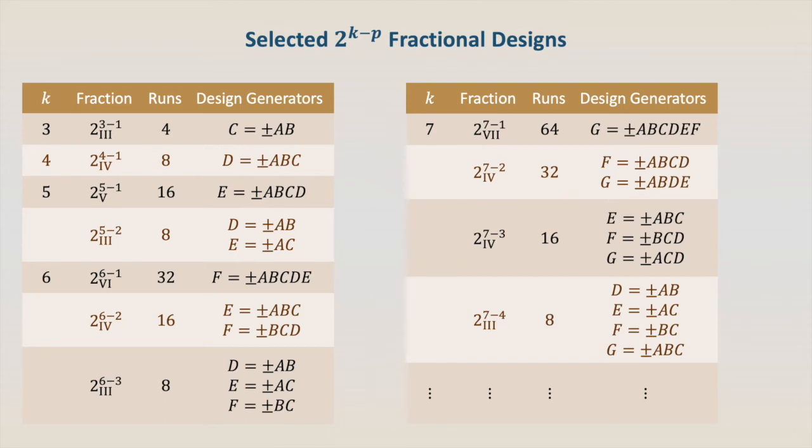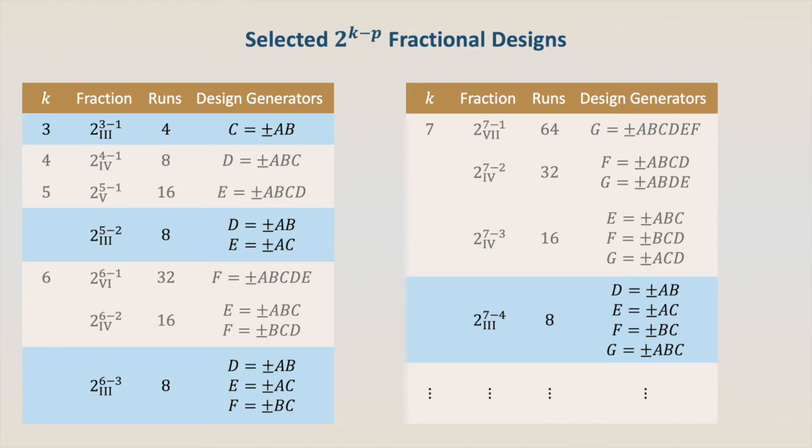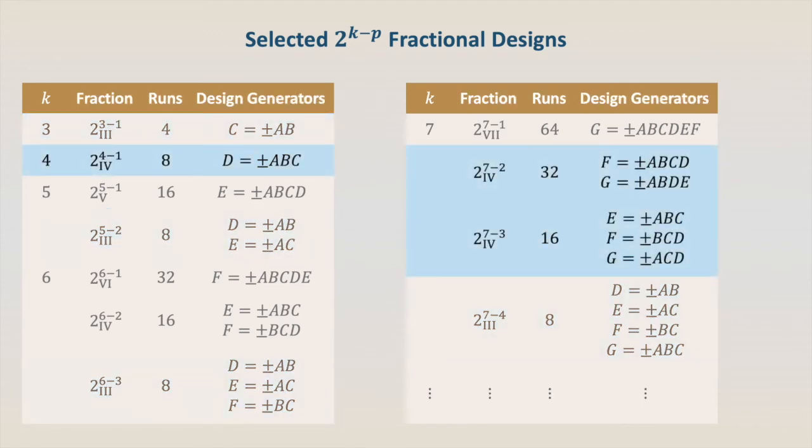Choosing a fractional design is a compromise among the number of factors we wish to study, the number of tests we can perform, and the type of information we aim to get. As a general rule, the higher the resolution, the better. Resolution 3 designs have main factors aliased with two-factor interactions, making it impossible to distinguish between them and potentially resulting in misleading conclusions.